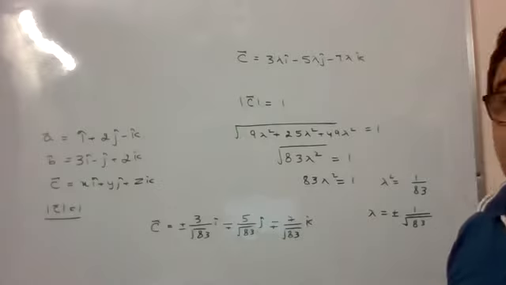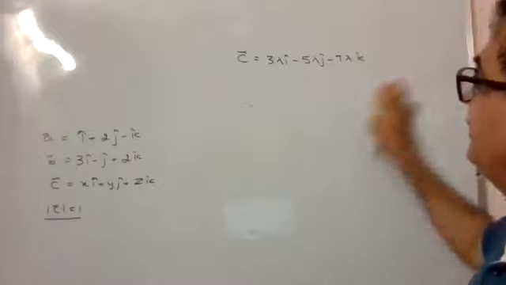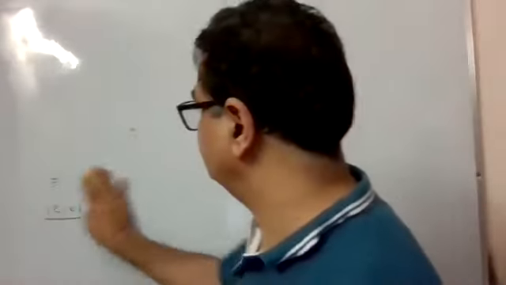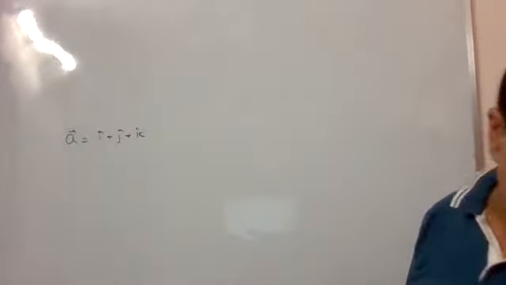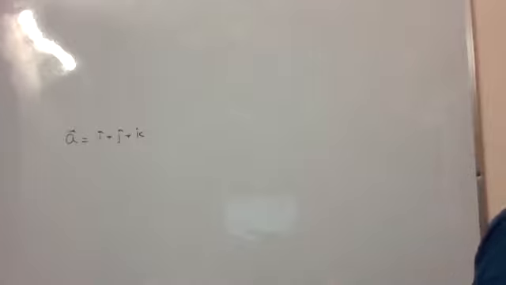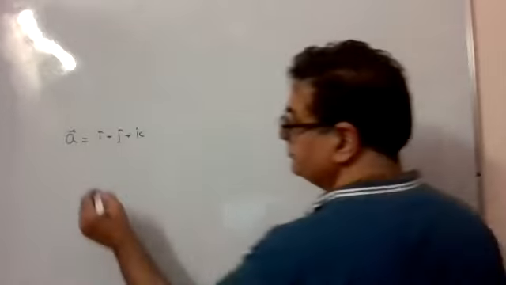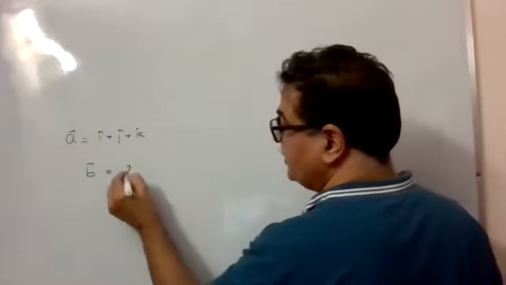The scalar product of a vector A, which is i cap plus j cap plus k cap, with a unit vector along the sum of vectors B, that is 2i plus 4j minus 5k,